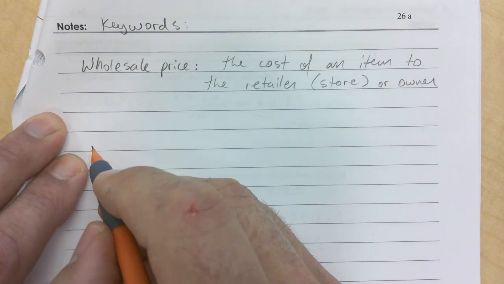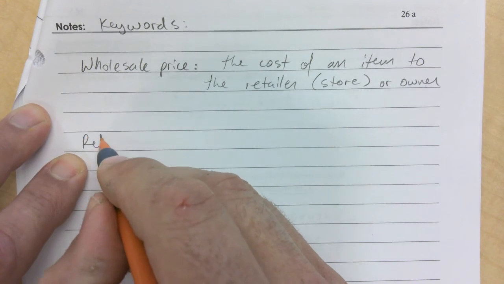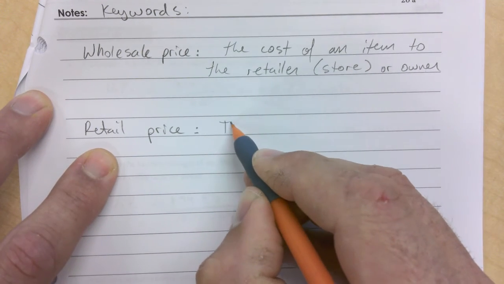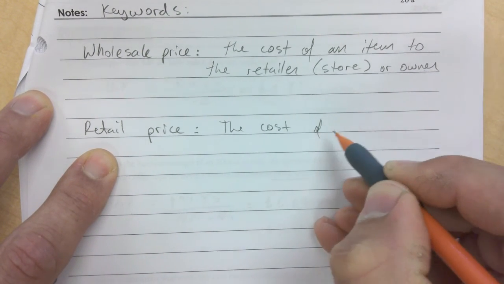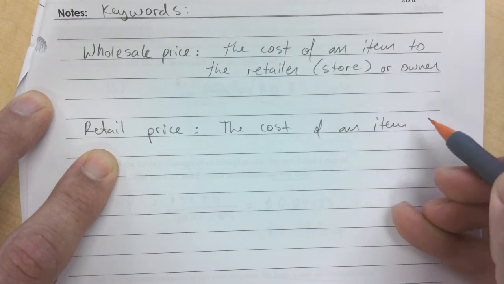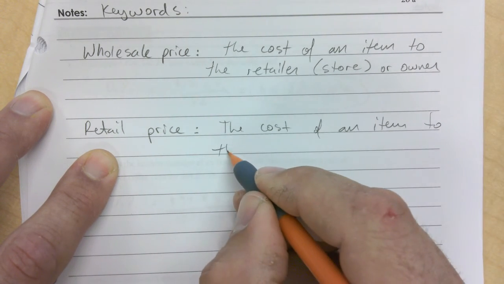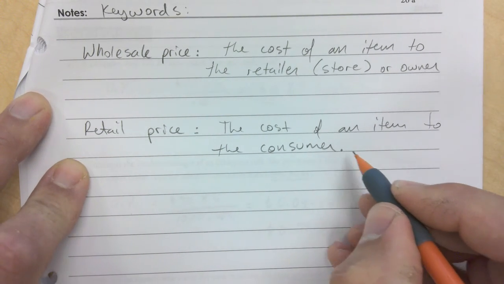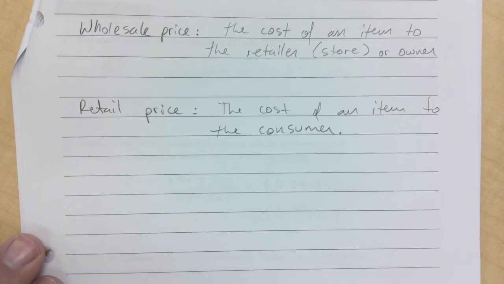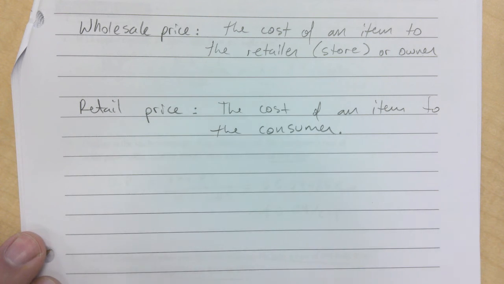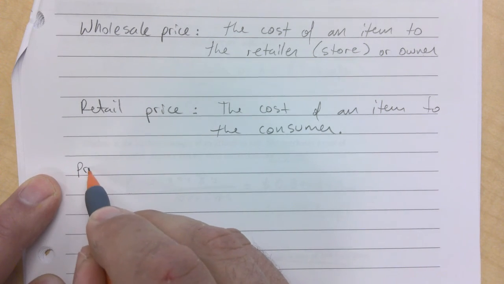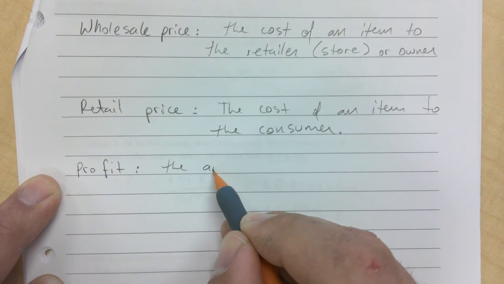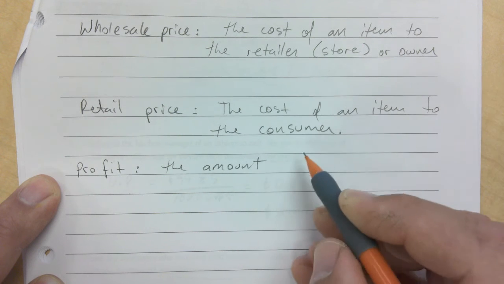And then we've got retail price. I'm going to try to hurry because we're running out of time. The cost of an item to the consumer. Consumer is you and I, right? Like we go to the store, we are the consumers. So the retail is how much it costs us. And so the profit is the amount